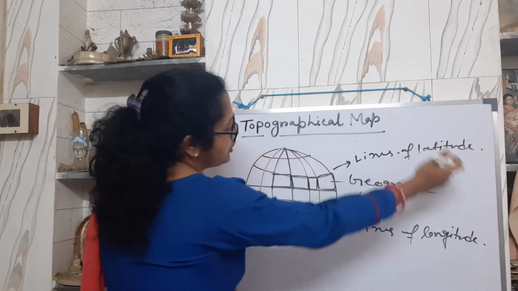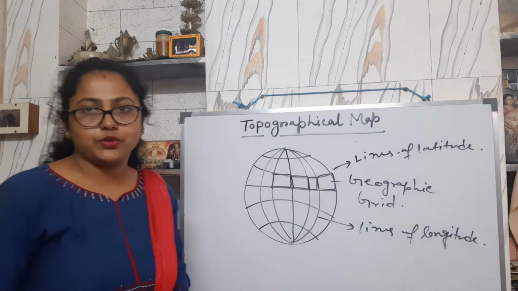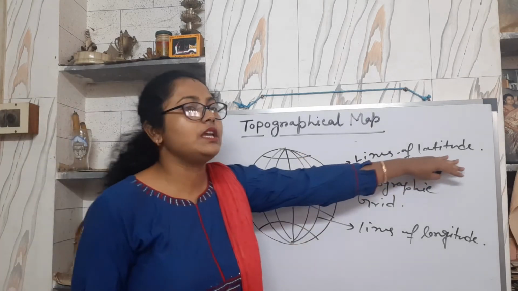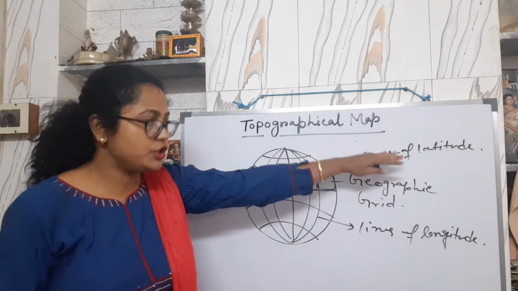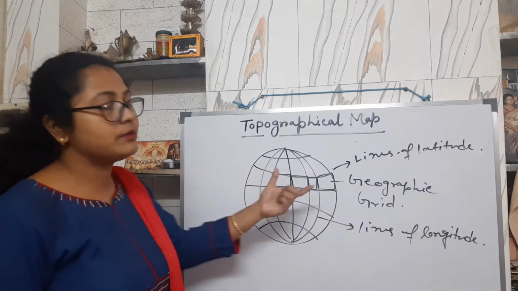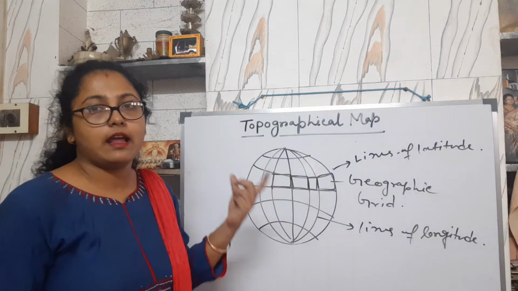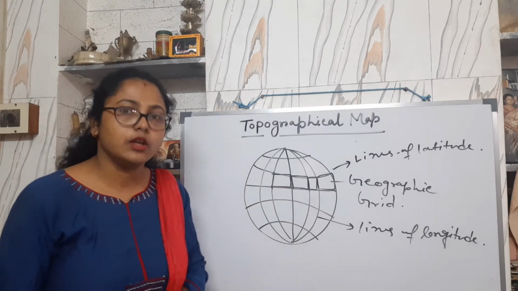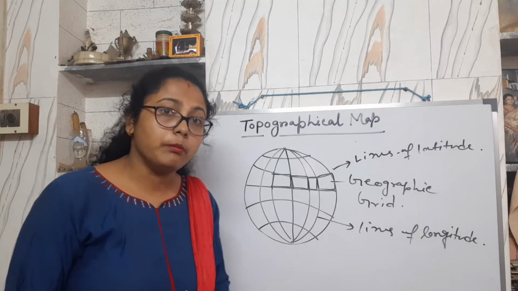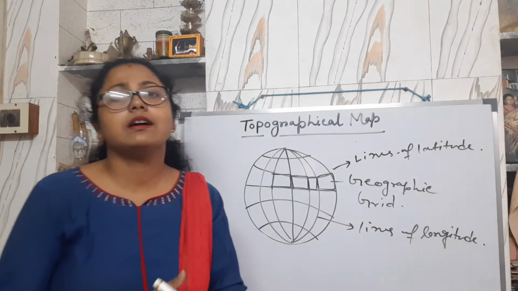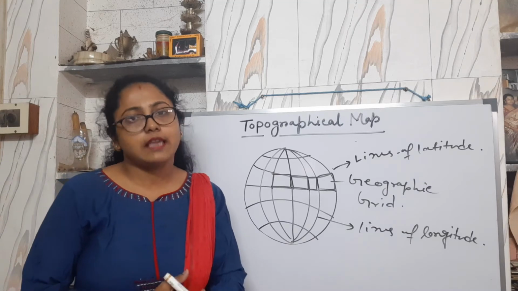Lines of latitude and lines of longitude. Geographic grids are formed by the intersection of the lines of latitude and lines of longitude. We use geographic grids to get an accurate location of any place on the globe or on the ordinary map. But in the case of a topographical map, as these are drawn on a large scale,